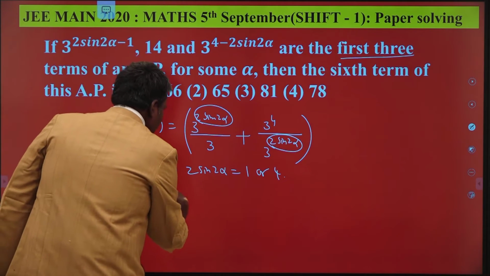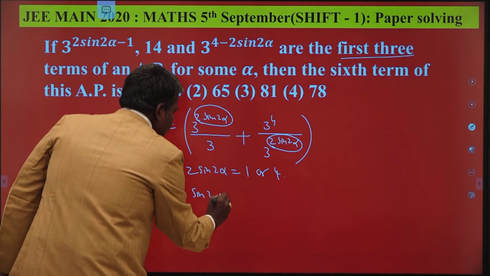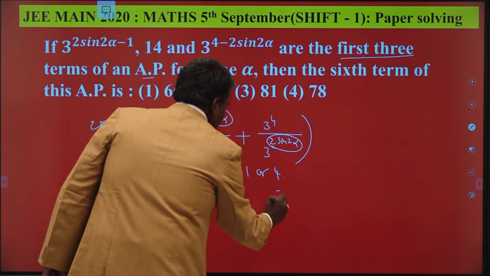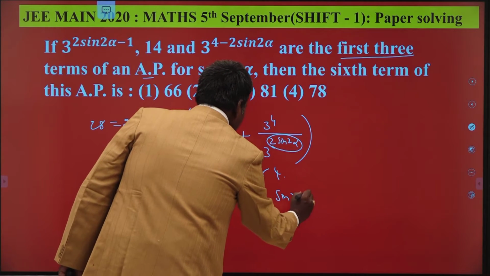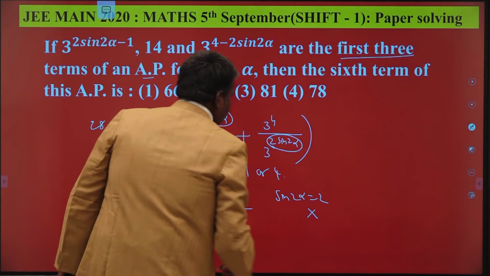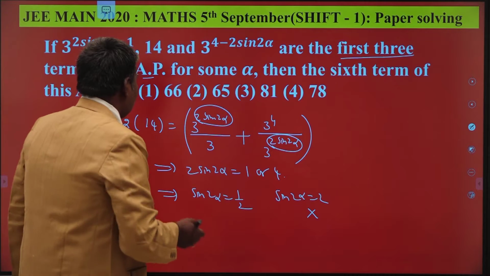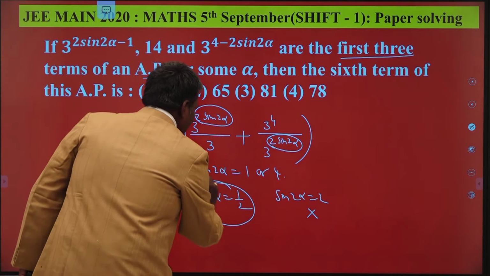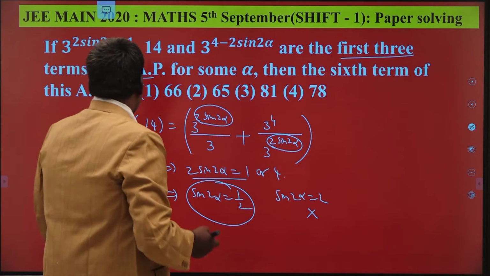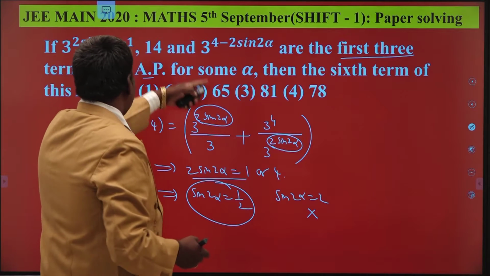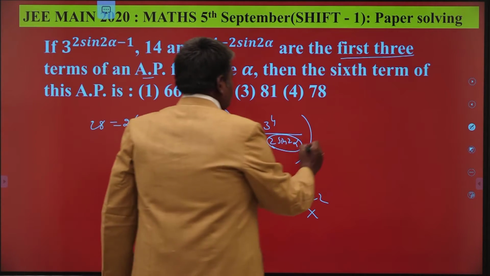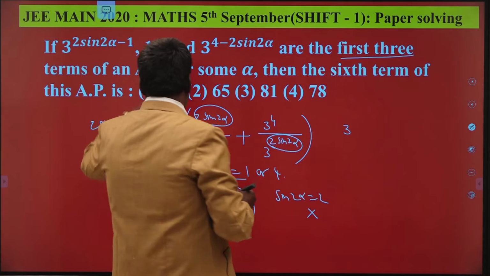This implies what? Sine 2 alpha is equal to 1 by 2 or sine 2 alpha is equal to 2. The latter is not possible because the maximum value of sin x is 1. So sin 2 alpha is 1 by 2, or 2 sin 2 alpha is 1. So from that equation what we obtained, the terms are 3 power, what is 2 sin 2 alpha, that is